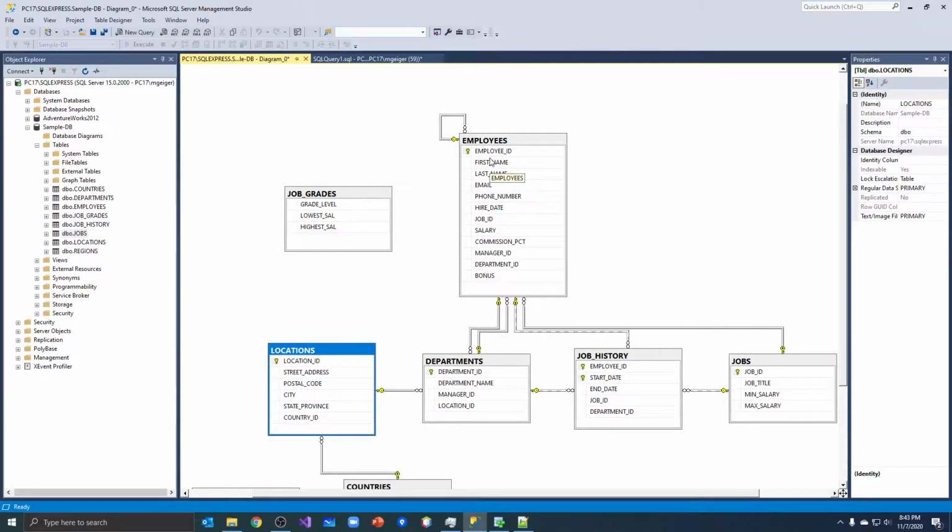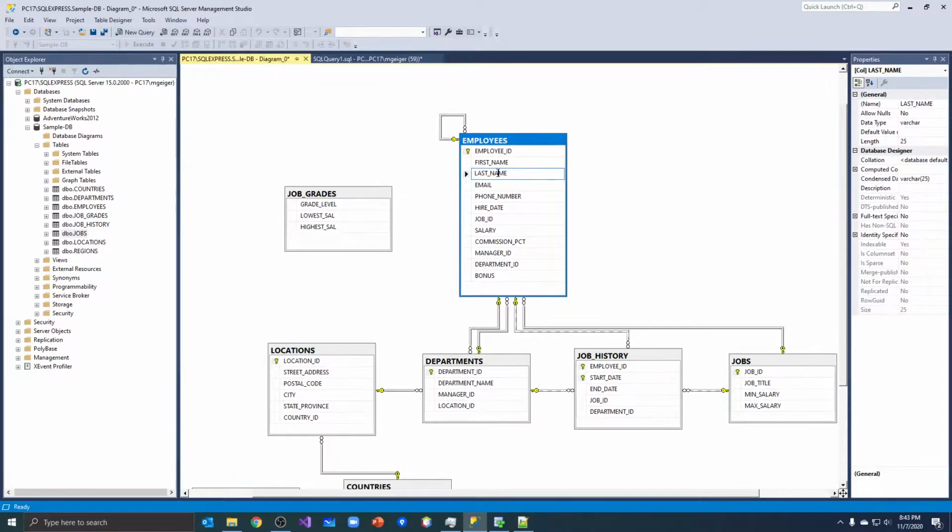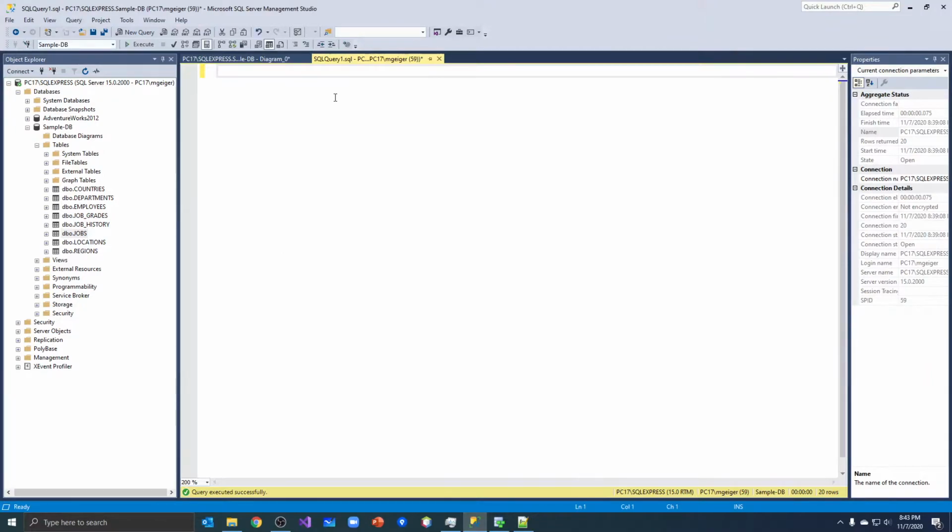All right. So for this one, we're going to get the employee's last name. We're going to find their department name. And we're going to see what city they're in. What city is that department in? All right, so let's write it. We're going to get the last name, the department name, in the city, and I'm going to call the department name department just to make it look nice, and I'll call the last name